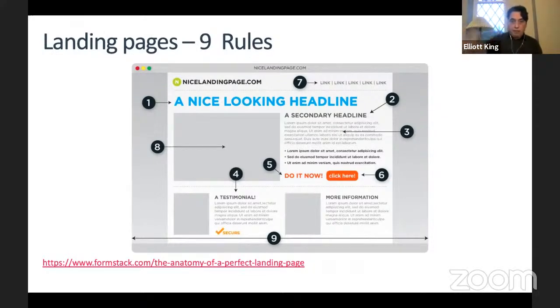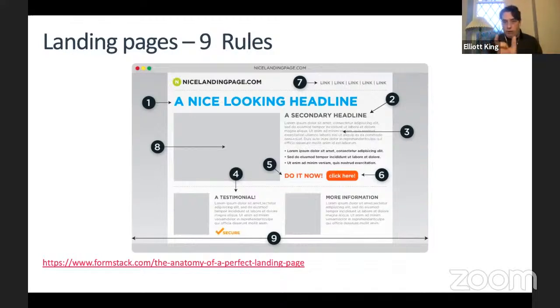And then number three, the description should build that out. Testimonials are a good way of reinforcing confidence to a user, so either a testimonial or some equivalent sort of third-party approval of what we're offering here. And then